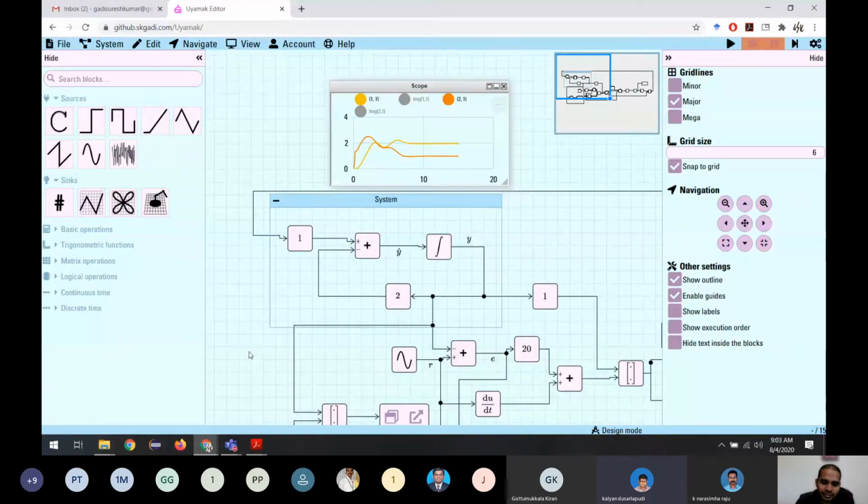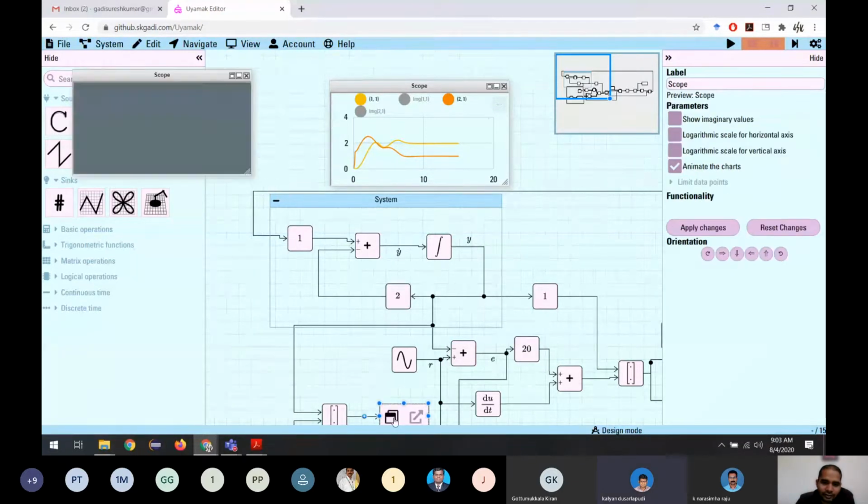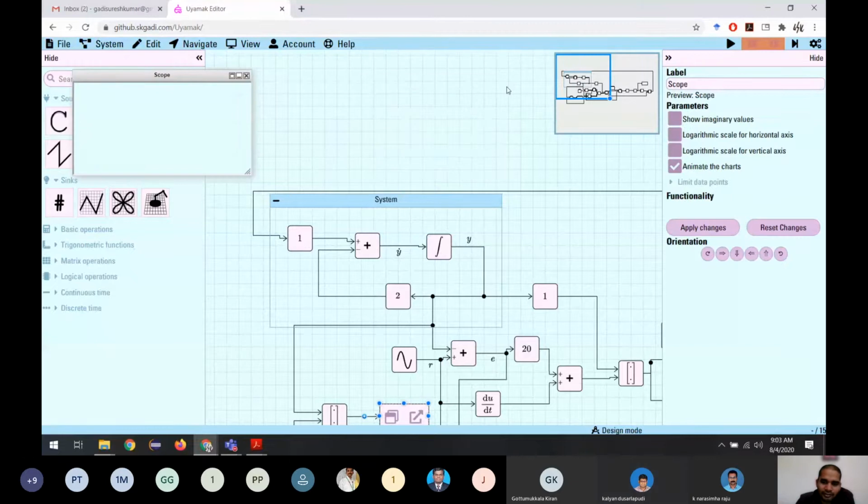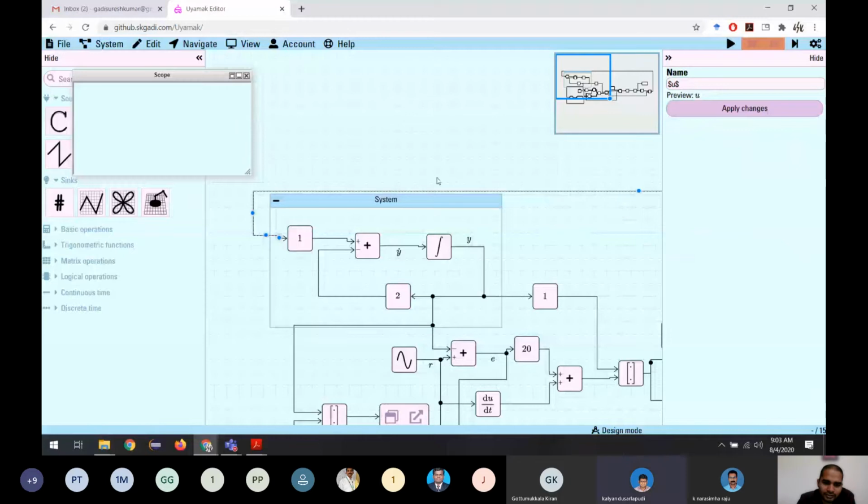What is our desired output is R. So we want a desired output R. You are allowed to do whatever you want with your control logic, and you have to come up with one control signal or input to the system such that the output is as you desire. So your desire is to have a sine wave, and this controller is making sure that you are receiving a sine wave at the end of the whole process.